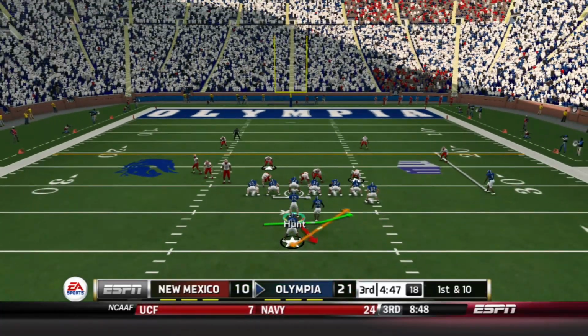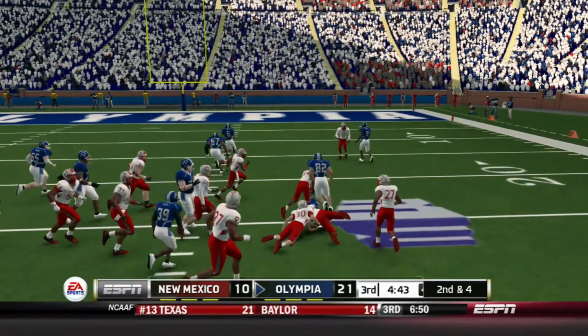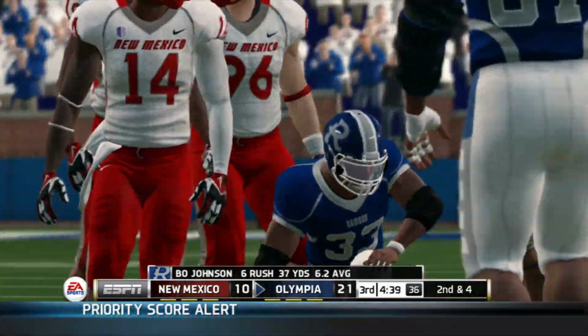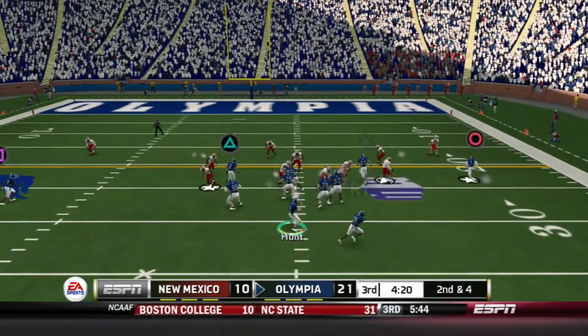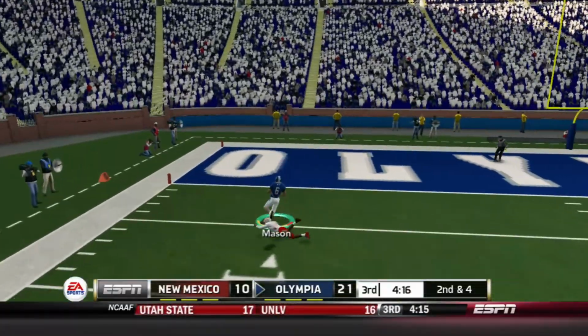1st and 10, Kosi Mensah in motion, and it's a power O to Bo Johnson. Doesn't quite get the block on the outside. The edge doesn't get sealed like he needed for at least a 20-yard run there, but he still manages to pick up 6 yards. 2nd and 4, Tyler Hunt drops back, and he throws a deep corner route to Atari